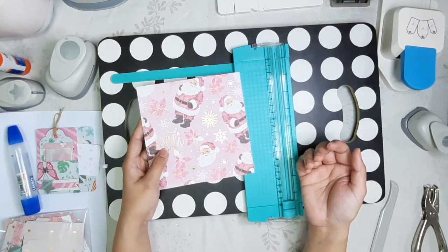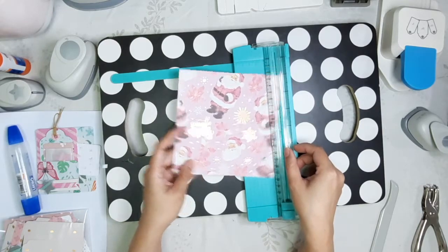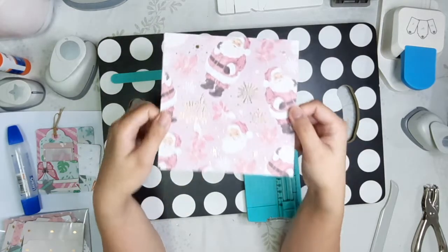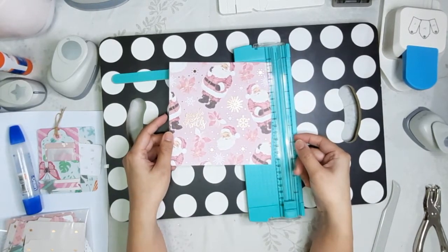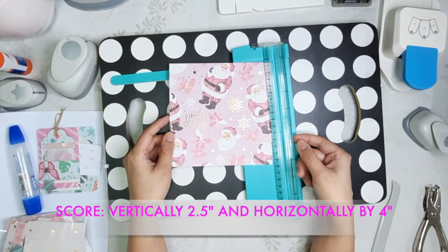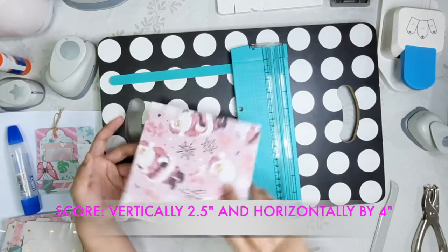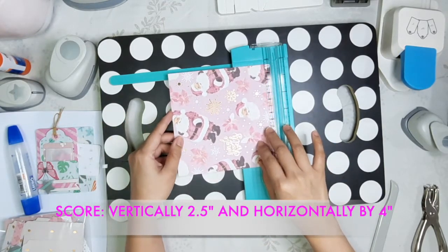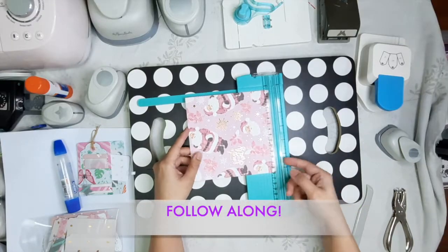What I'm going to do is score this. You just need one 6x6 paper. We're going to score this paper at 2.5 inches vertically, and then flip it horizontally and score it at 4 inches. Okay, so